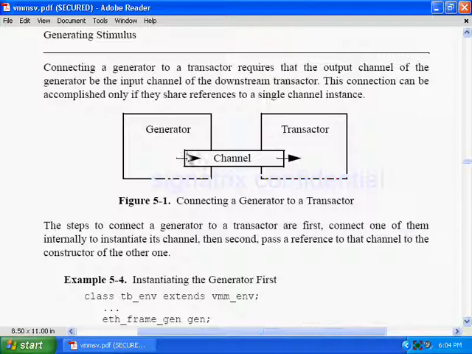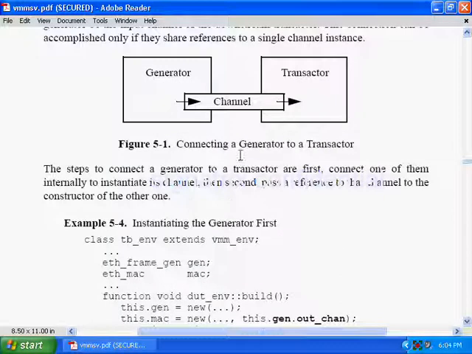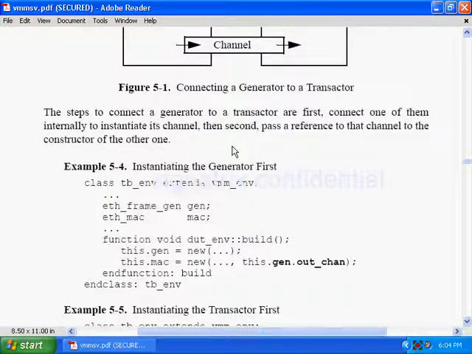So they are telling you to create a channel, and both will share the same instance of this channel, then only it is possible. The steps to connect a generator to a transactor are: first, connect one of them internally to instantiate its channel, then second, pass a reference to that channel to the constructor of the other one.